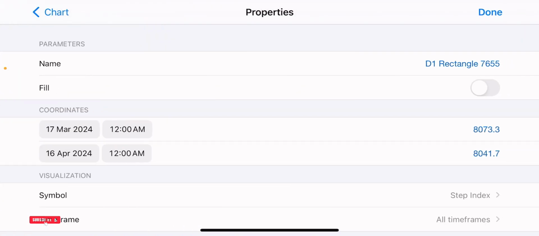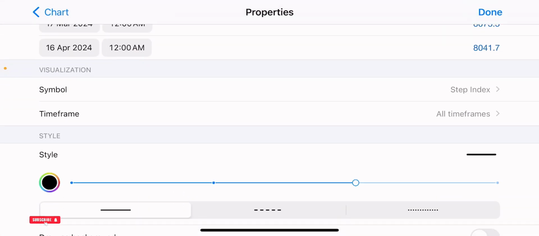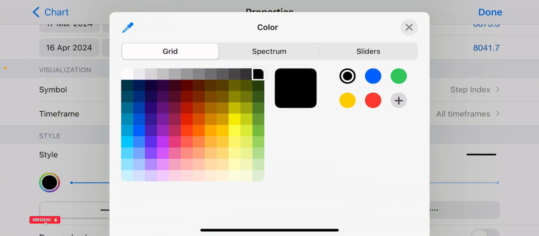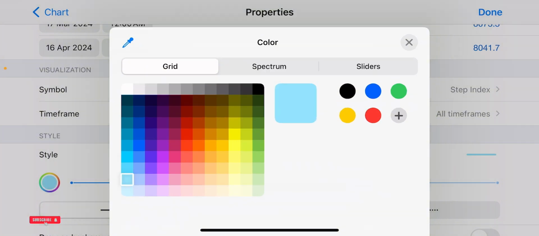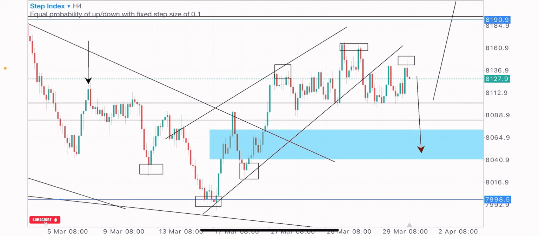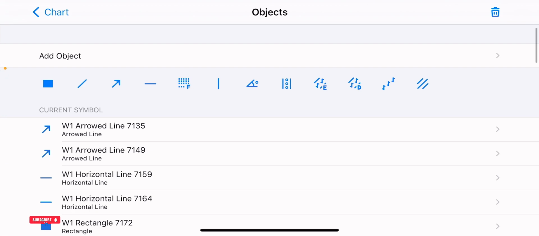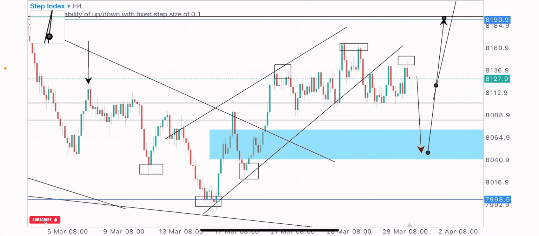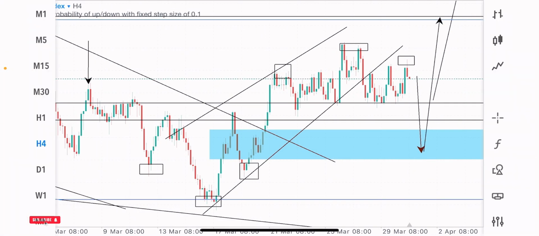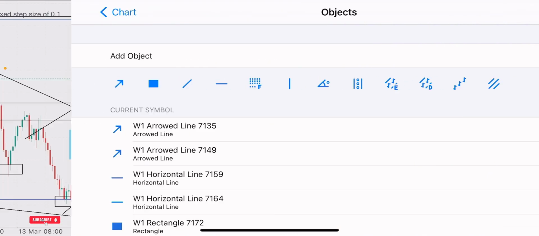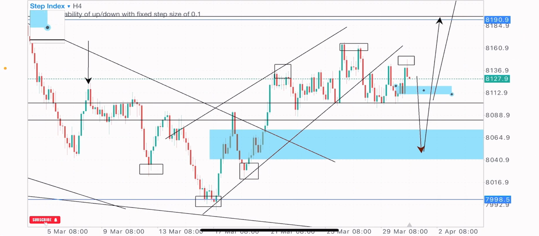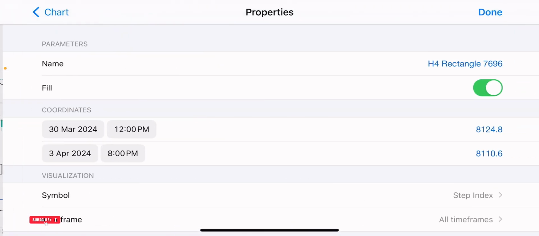Let me darken it. Yeah, fill it up and make it light blue. Okay, we're expecting price to get to this zone for the buys, and there's another formation too on the 4-hour time frame, which is looking also interesting, which we got here. We got this bullish order block on the 4-hour time frame, which we could also see price get to and